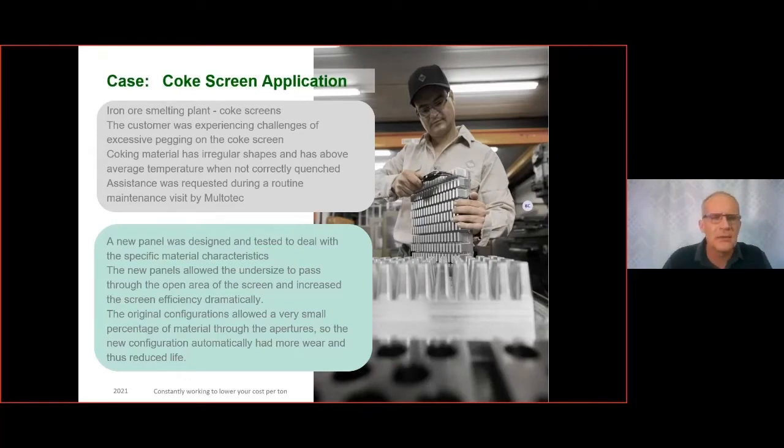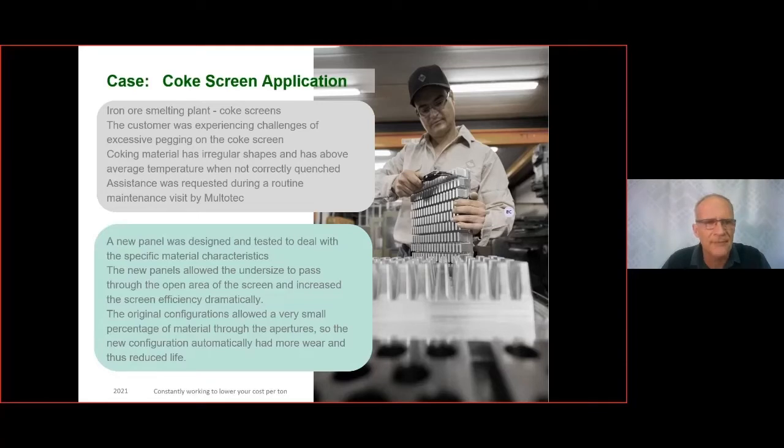Right, the next little case study is a coke screen application. It's an iron ore smelting plant. The coke screens are just ahead of the blast furnace, obviously feeding material as a blend into the blast furnace. The customer was experiencing challenges of excessive pegging on the coke screen, and you'll see a picture of the screen